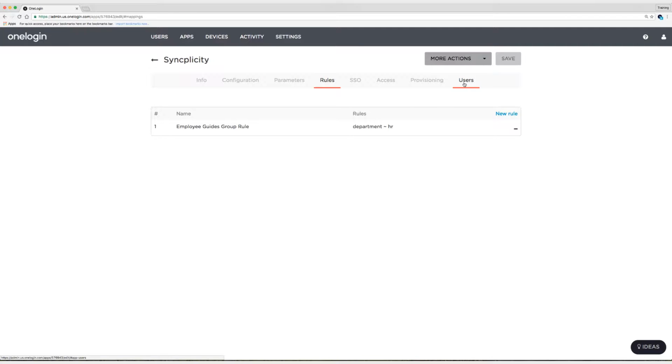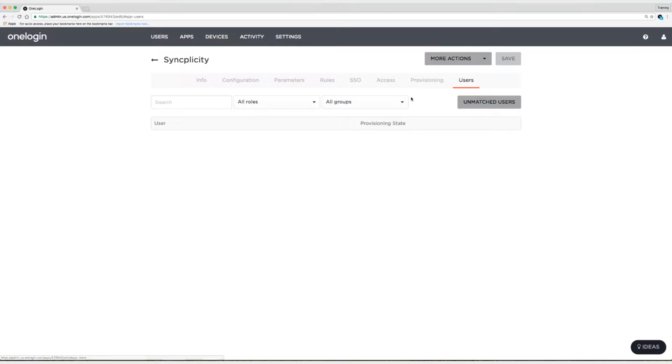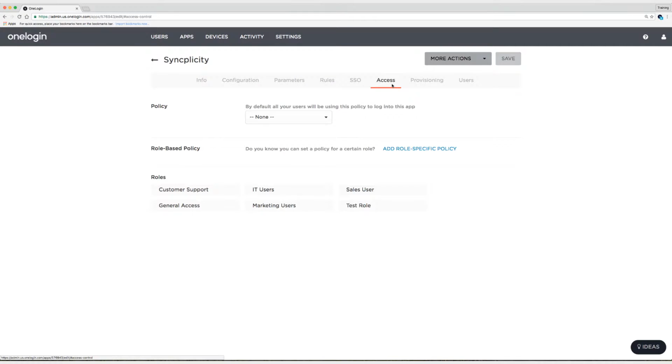And the first thing I'm going to do is go to Users. And you can see that we're not provisioning anyone right now. And the reason we're not provisioning anyone is because I haven't assigned this application to anyone. I haven't assigned the application to anyone in the Access tab, so to a specific role. And I haven't assigned it to anybody specifically by going to Users, All Users, and then assigning it to an